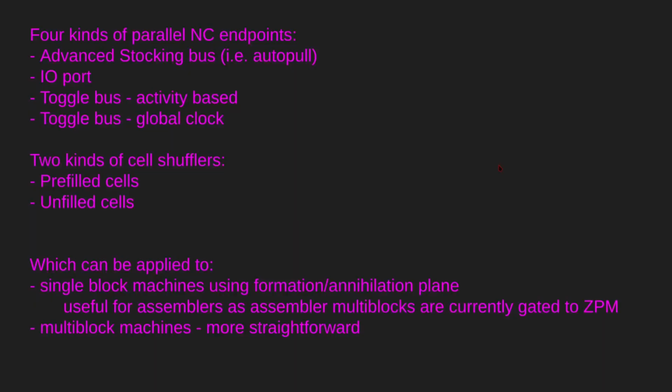So there are 4 kinds of parallel non-consumable endpoints and 2 kinds of self-shufflers, and you can use them in almost any combination. These can be used with multi-block machines and single-block machines. The only method that's been discussed by other people on the GTNH Discord that I've seen has been the advanced stocking bus option. And it used to be better before the stocking buses got nerfed, which makes the approach a lot more difficult because you can only use it at the very end